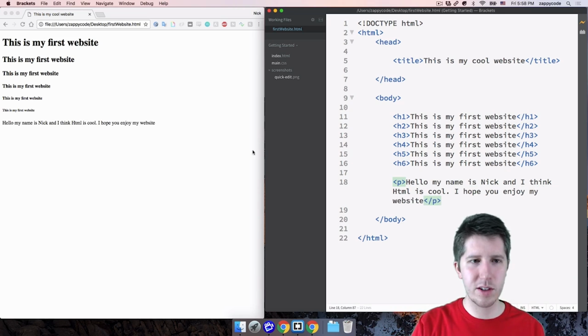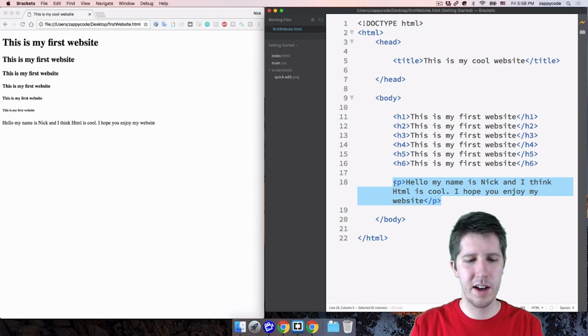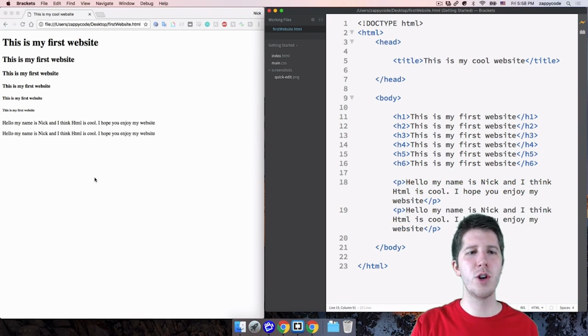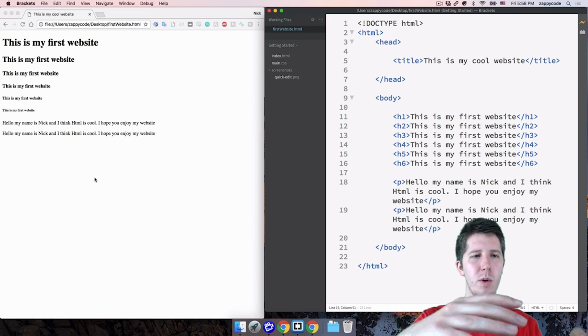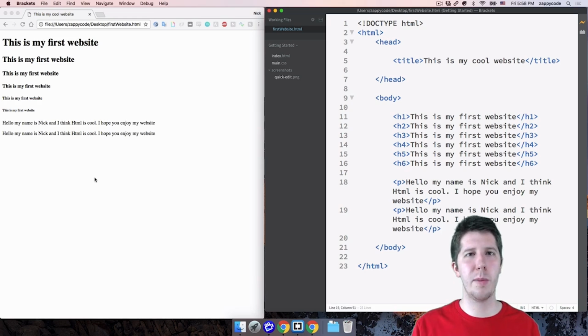So if I save this, you can see what it looks like over here. That looks awesome. And so the whole idea with paragraphs, if you have a couple of paragraphs, I'm going to copy this and put another one down here. Now when I hit save, you can see each paragraph starts a new line. So if you ever want to have that spacing without having to manually say these things should be spaced a certain amount apart from each other, you should be using these paragraph tags, okay?